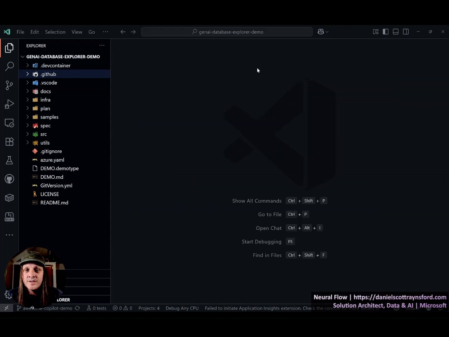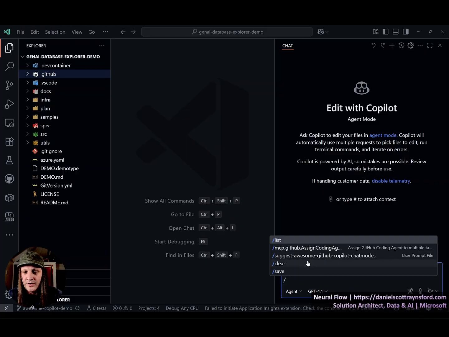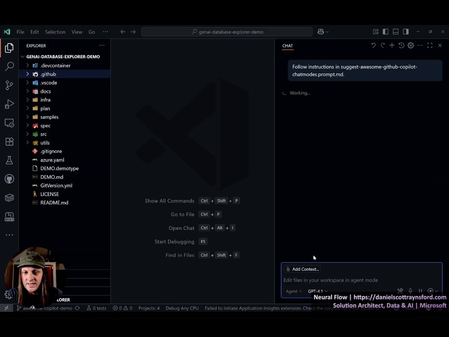I'm going to close this, and I'm going to show you how to quickly use it. So if I now open my Copilot window, I can now type / and I have a suggest awesome GitHub Copilot chat modes. Now I can just select that, press enter, and what's going to happen is it's going to follow the instructions